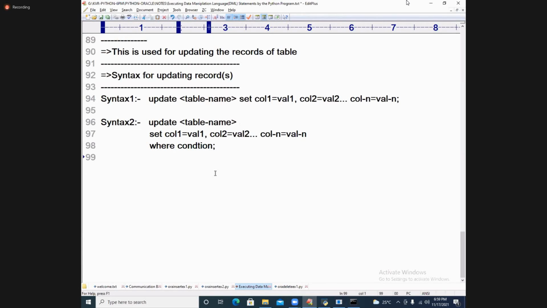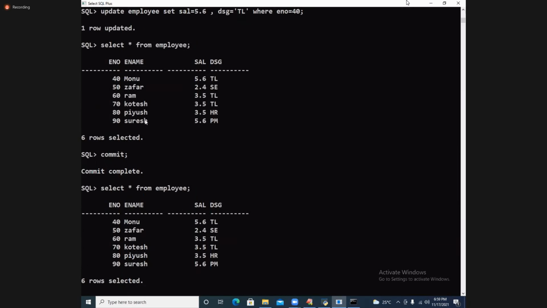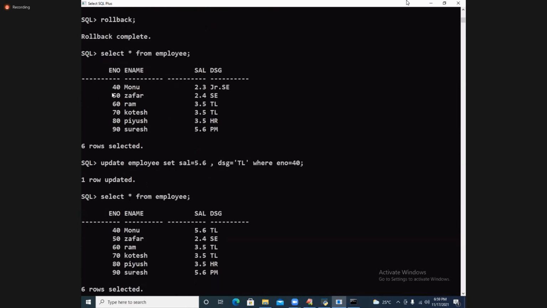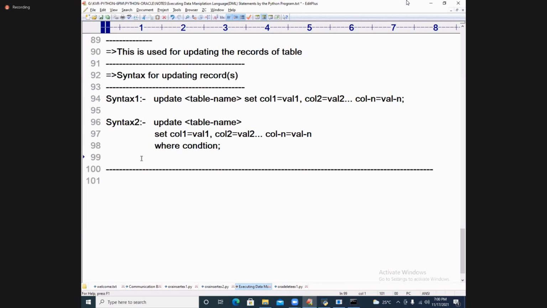Okay. Now I want to go for examples. I can give you. Look at that example. There you are having. I want to update everything. Update this part. Everything is updated with the same. Right.